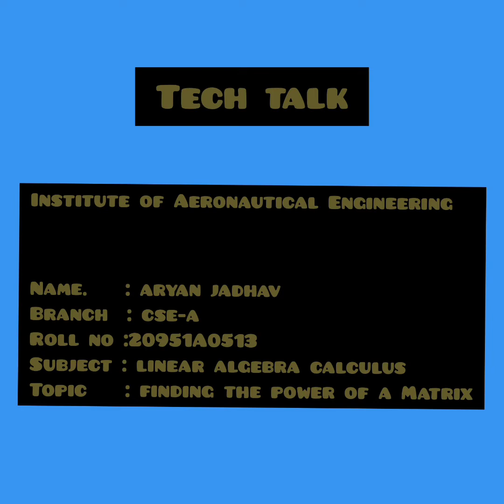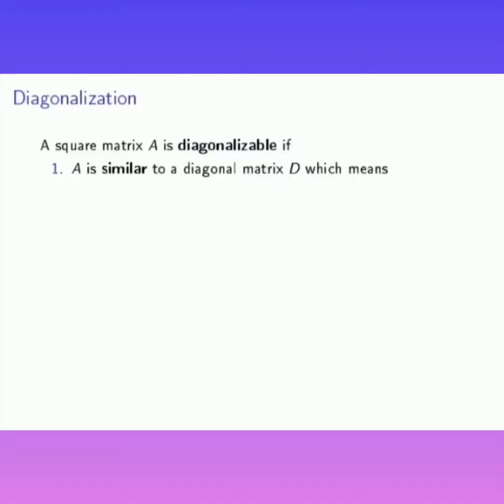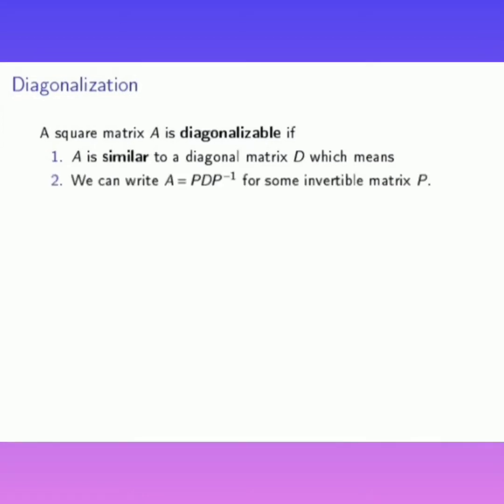Today's TikTok topic is about finding the power of a matrix. A square matrix A is diagonalizable if A is similar to a diagonal matrix D, which means we can write A is equal to P D P inverse for some invertible matrix